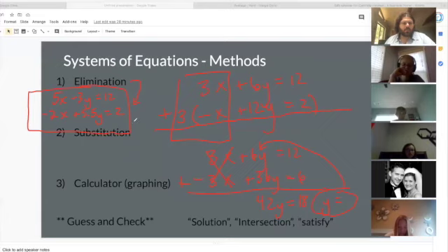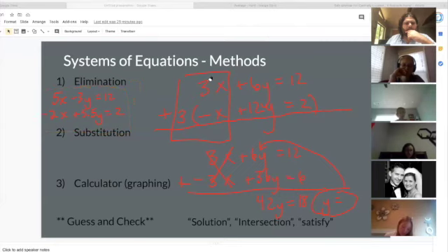There's probably a chance you can make it into elimination, but you're gonna have to get a number that you can multiply both the equations by to where they equal out. But yeah. So what would I do? Are the y's going to be a good choice here? Would I want to make my y's disappear? I got a negative 3 and a 5. I'd probably make the x's disappear because you can do